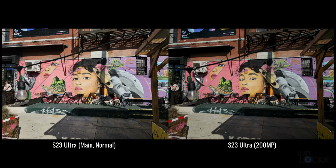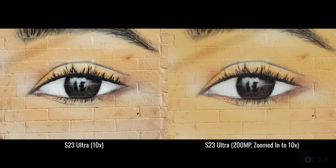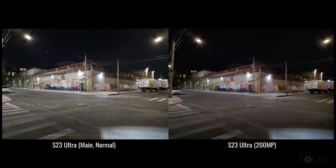Which I honestly don't mind, as I and most people I know almost never change to the full resolution, since it's only really useful if you're printing something out, since we now all have these telephoto cameras to zoom in optically with instead. And also causes you to lose the computational photography aspects of the photos, which is, if we're honest, largely responsible for how good the photos from these tiny sensors end up being. Speaking of that,